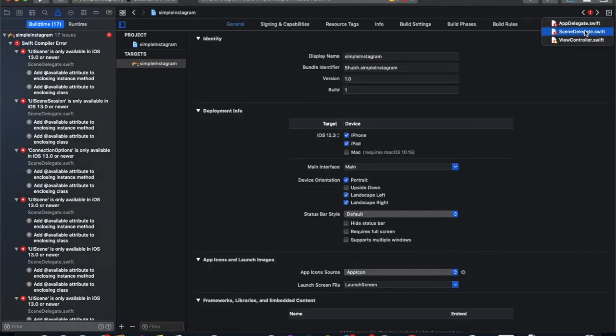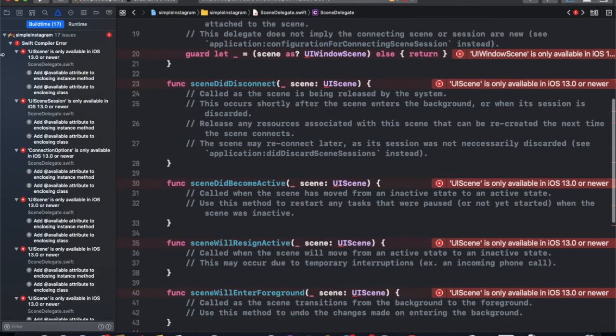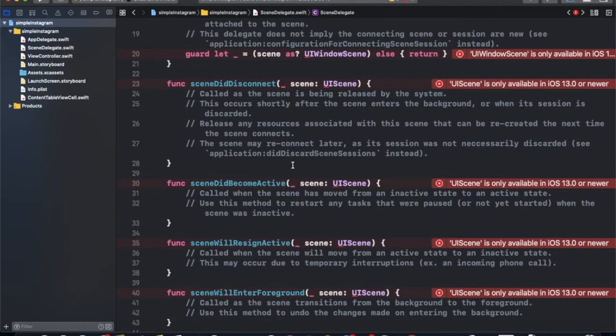We have an issue with scene delegate as scene delegate is not used in iOS 13.